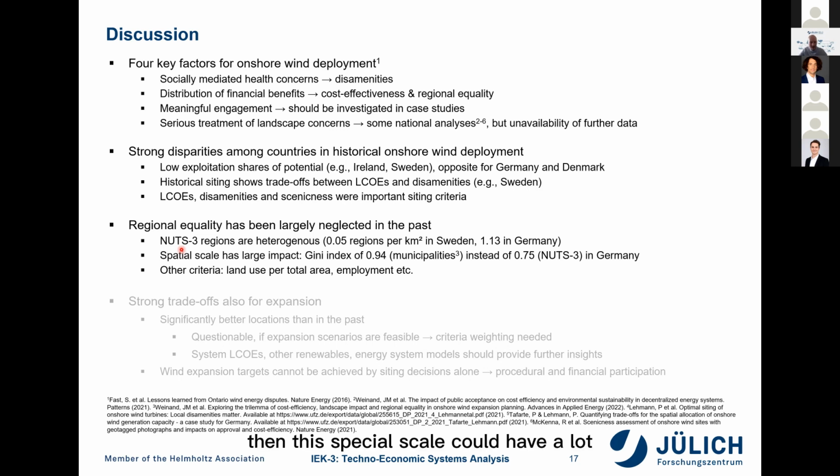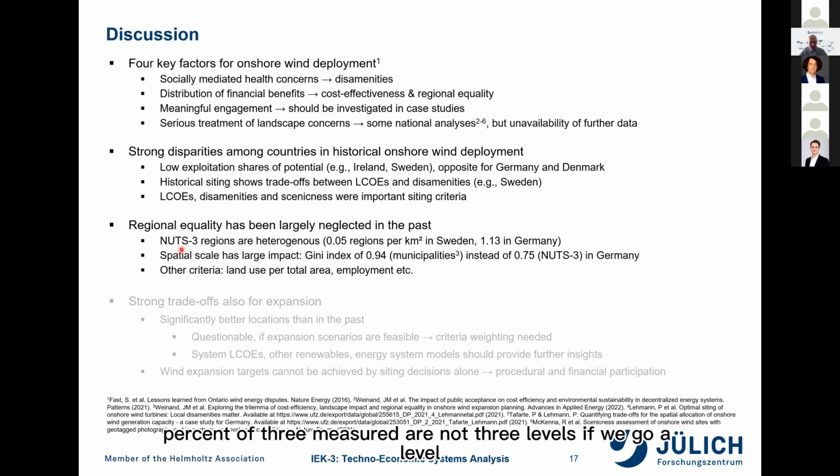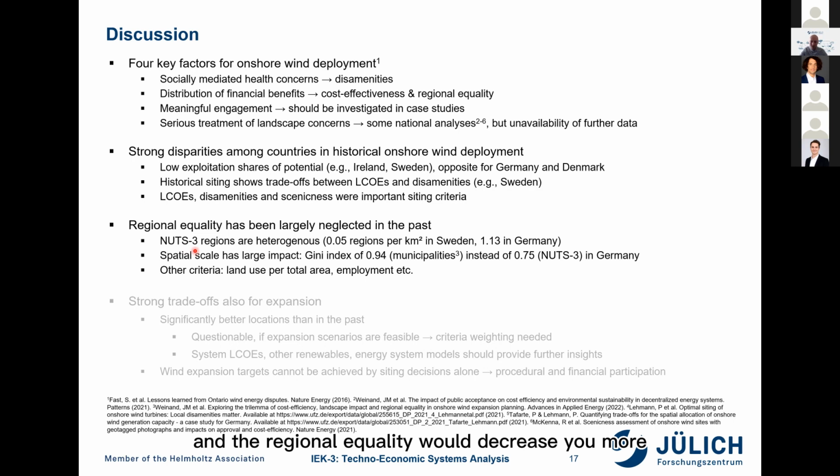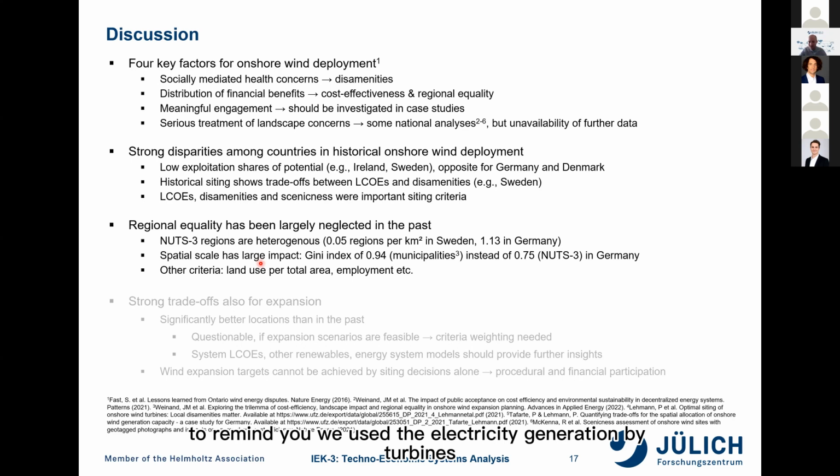Then the spatial scale could have a large influence. The regional equality is 25% if we measure it on NUTS-3 levels. If we go a level down to municipal level, then the regional equality would decrease even more. And this is because many municipalities lack onshore wind potential at all. We could also use other criteria for measuring regional equality, like land use per total area or employment. To remind you, we used the electricity generation by turbines, and then in relation to the electricity demand of a